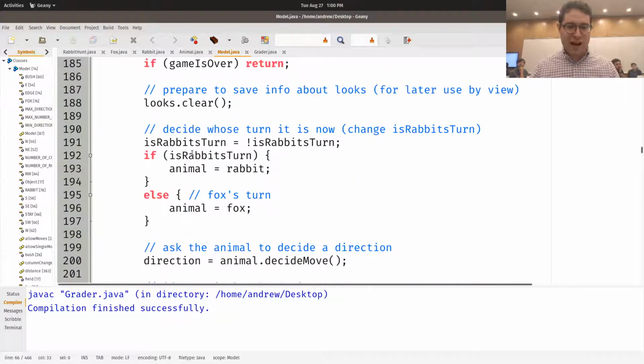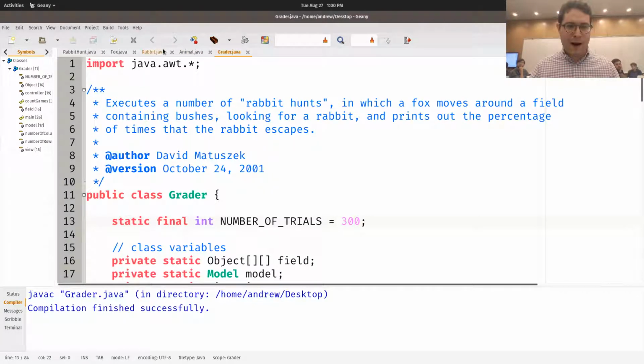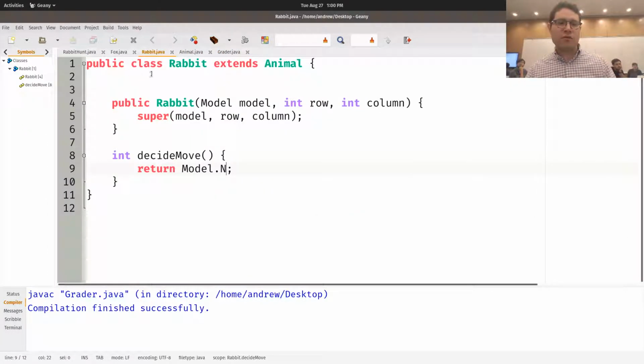So there's all these static methods over here that are kind of useful, but let's now look at the rabbit. So the rabbit is an animal, so we're going to get all the stuff from animal. Super, who here hasn't seen super before? The super keyword. Anyone? Well, in case you've forgotten what it is, super means I just call my parent's constructor. I'm lazy, I'm not going to build my own constructor, so I'm simply going to use my parent constructor to do that.